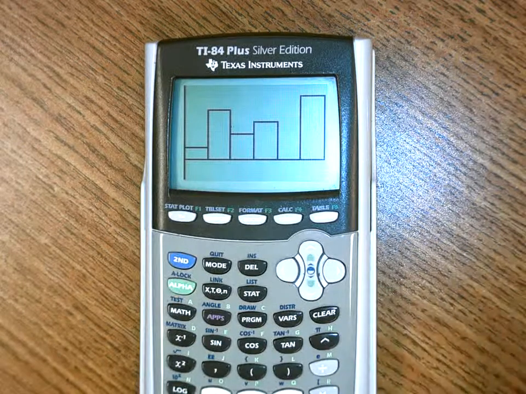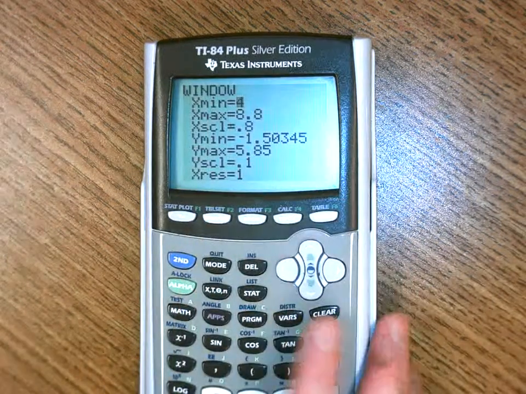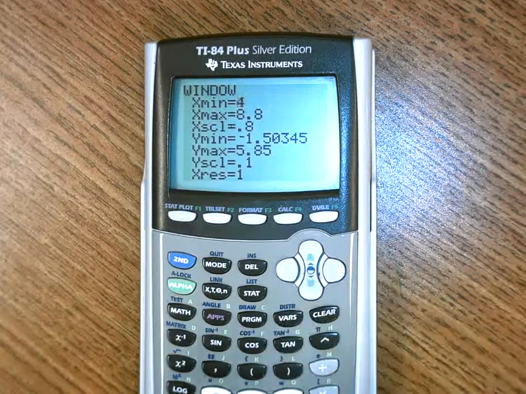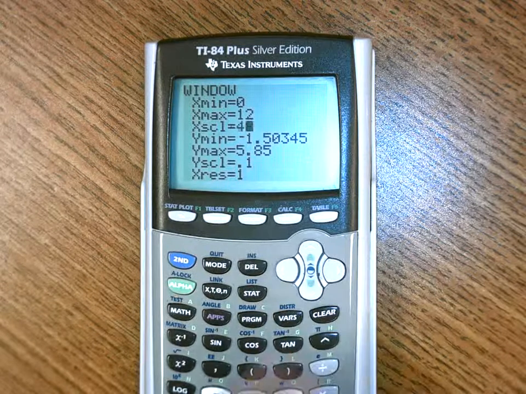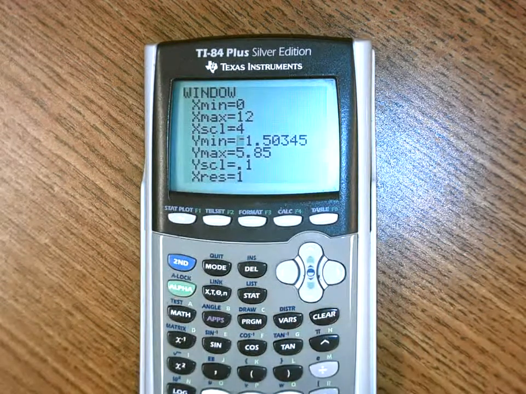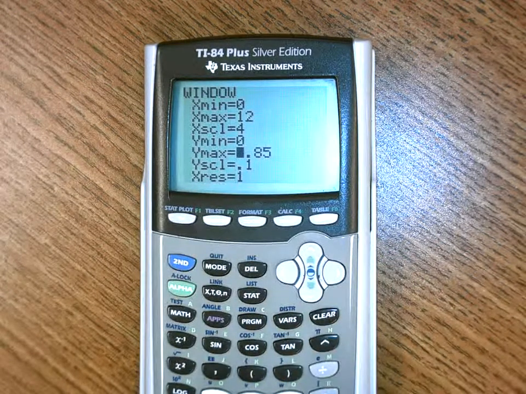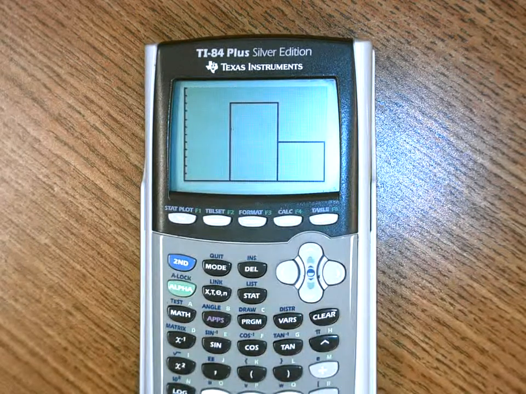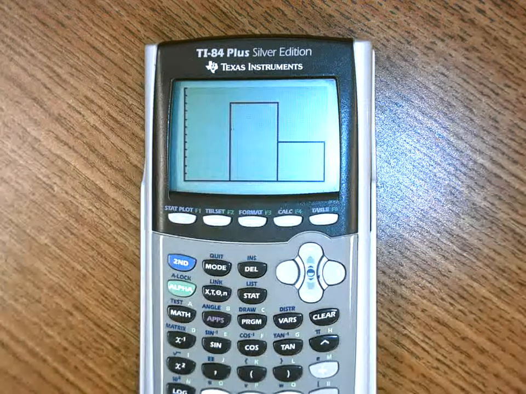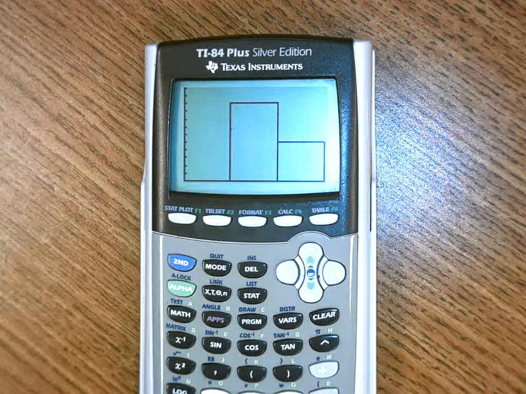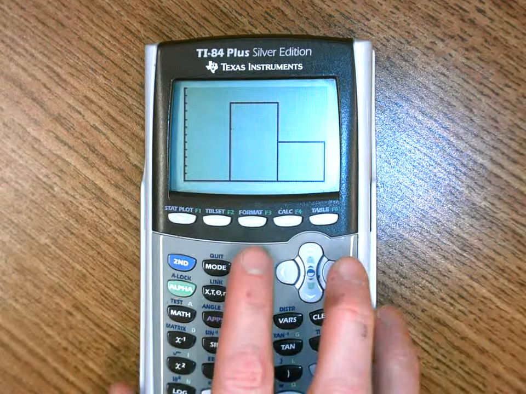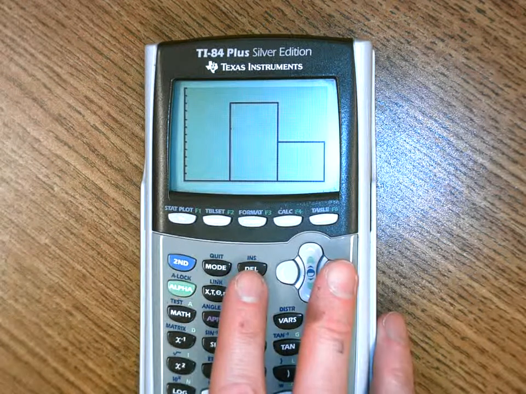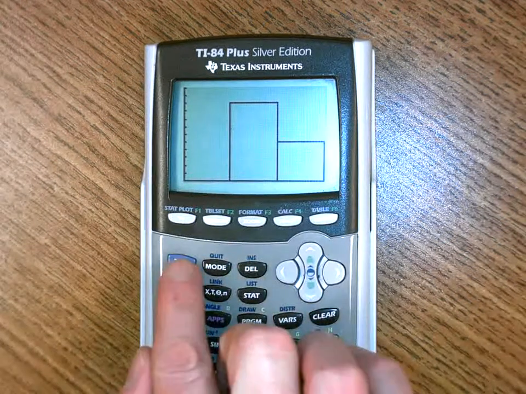I could always play with the window. That's the beauty in statistics, is we manipulate things until they look good for how we want them to look. I could count by 4s, go from 0 to, I don't know, maybe it needs to go up to 12, and count by 1s. Let's see what that looks like. Okay, definitely unimodal now. Is it symmetric? I don't know. Not really. But there's no outliers. Well, are there outliers? I don't know. We could check with a box plot